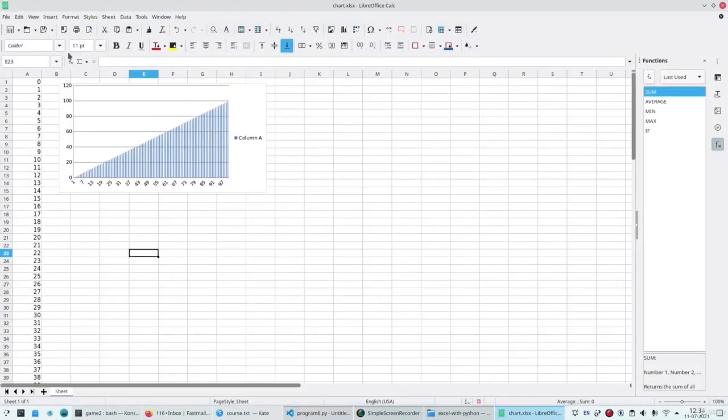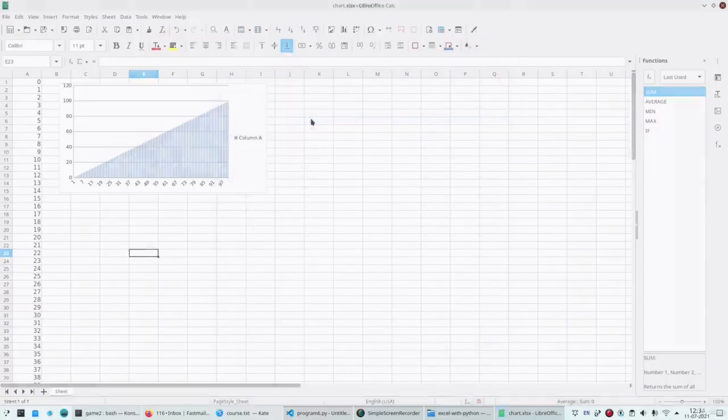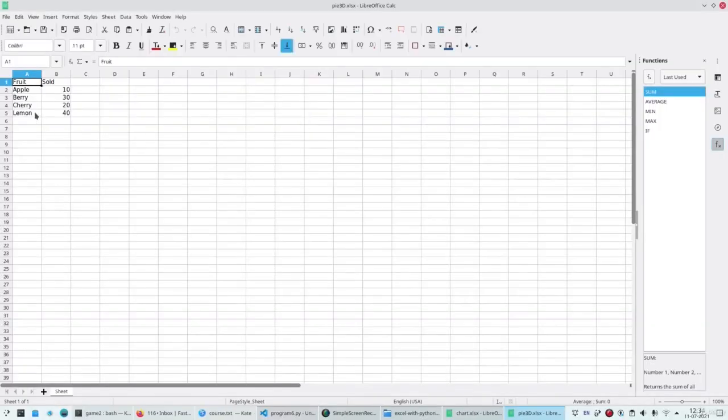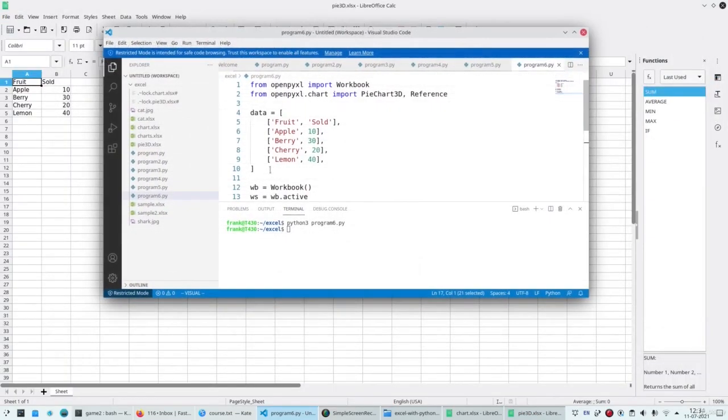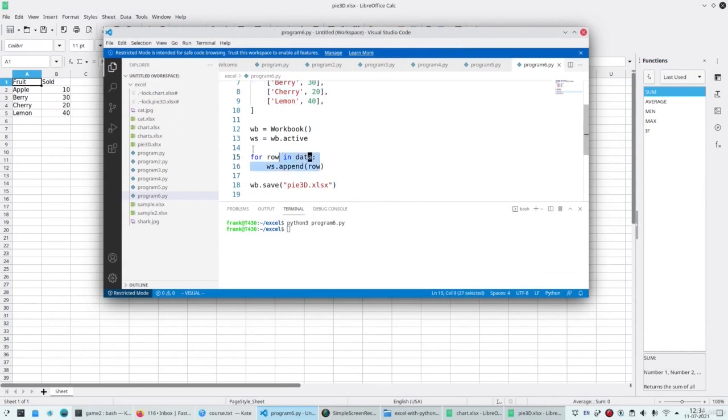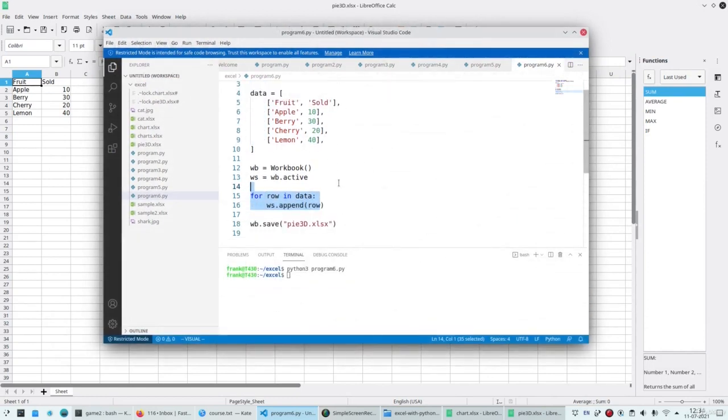pie3d.xlsx. So we can open that file. And you'll see we have the data, the same data that we defined here in our chart. So you can add the data like this. We just enlarge it a bit. So the same data is written to the file, and we can use this data